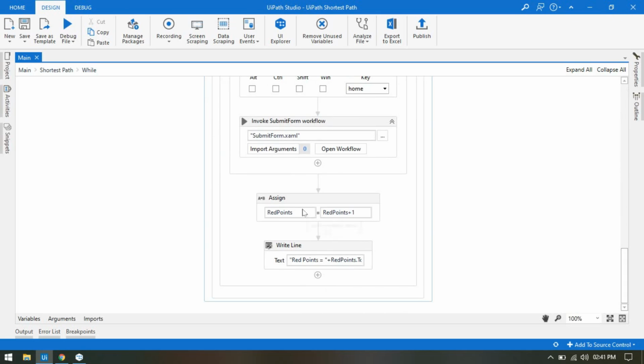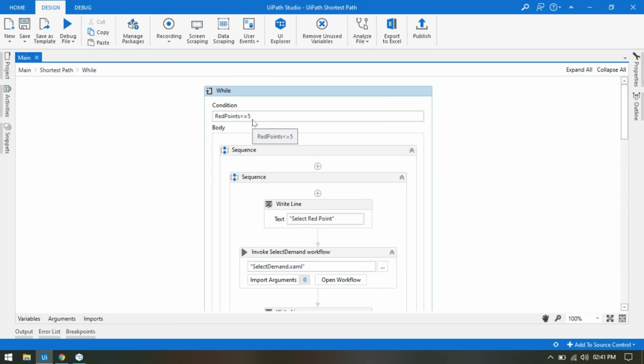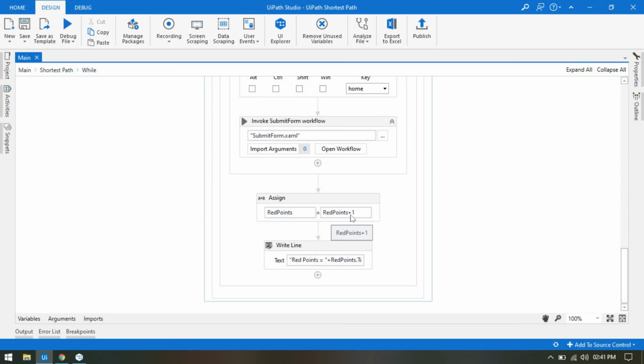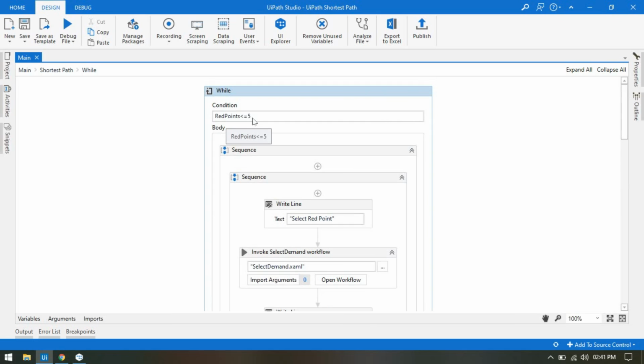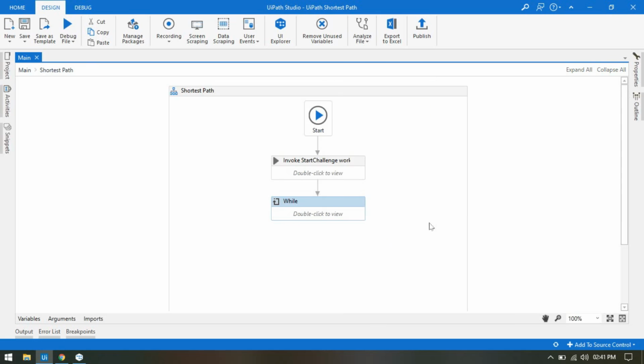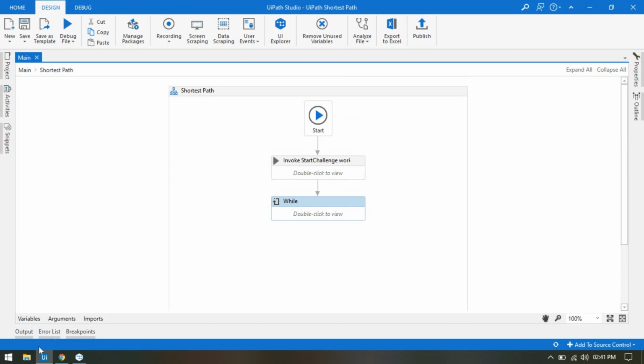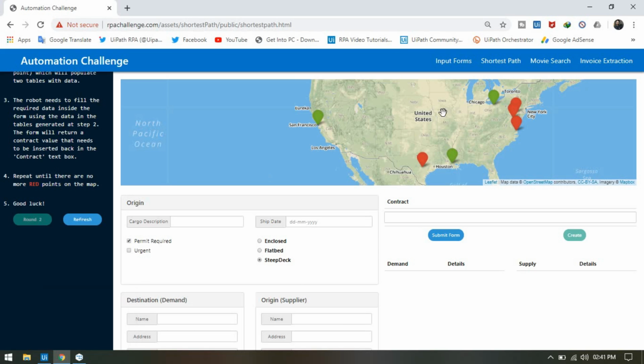Again it will increase rate point. It will go and check for the rate point 5. 5 is less than or equal to 5, yes. Again it will go and check, and then at the last it will increase the rate points plus 1. So this will be rate point 6. So 6 less than or equal to 5, no. So the loop will break, and then it will go outside, and then the project will be finished, and then it will show the success rate, the time the bot has taken to fill all these details, right? And then here you will get finished.